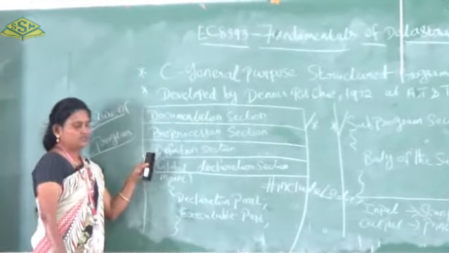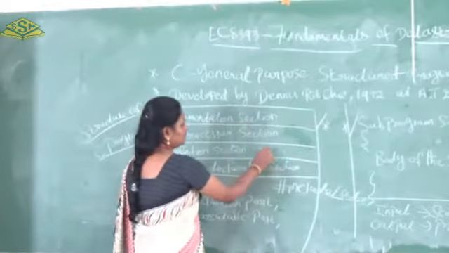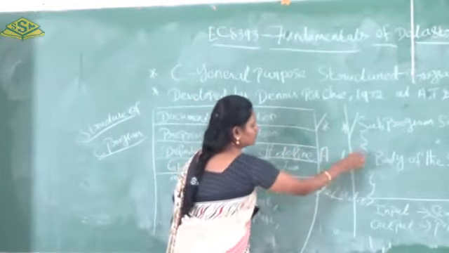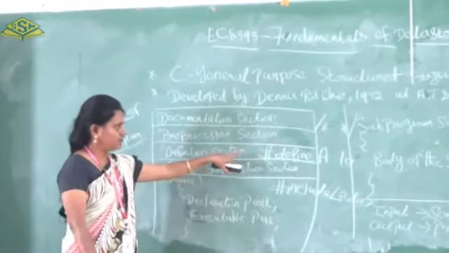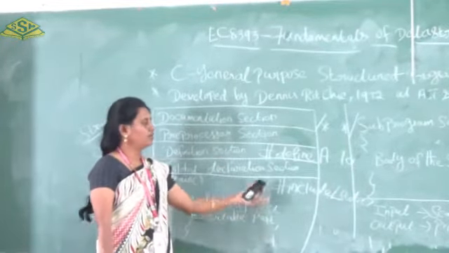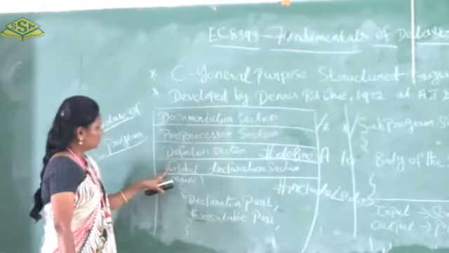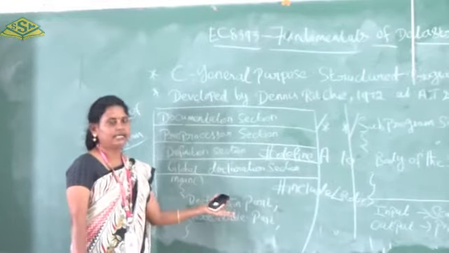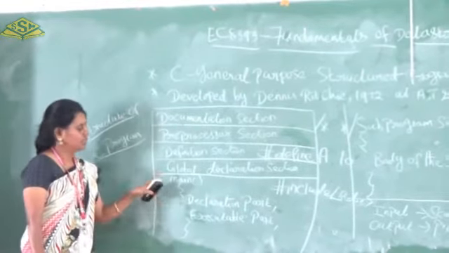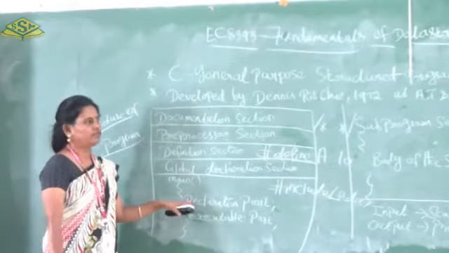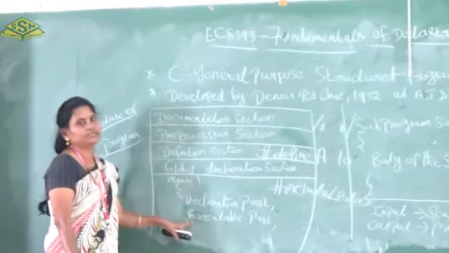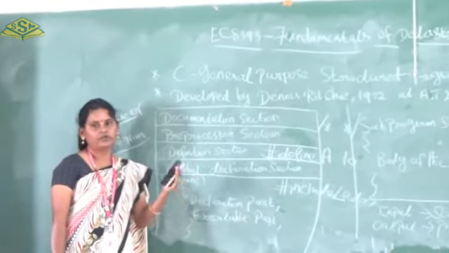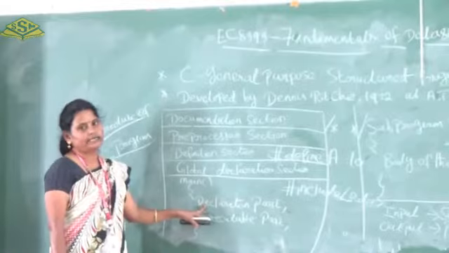Then the definition section. This is also optional only. In this we can write hash define a 10. If we have defined like this, then in the program we can take a is equal to 10. Then the global declaration section. The global declaration section is also an optional term only. After that we have the main function. Already I have said that in the main function we have the declaration part as well as the executable part. Declaration part means the terms we are going to use in the program should be included in the declaration part.